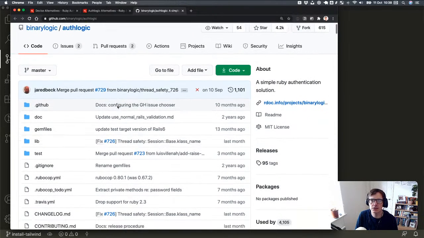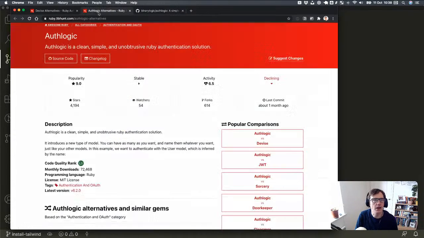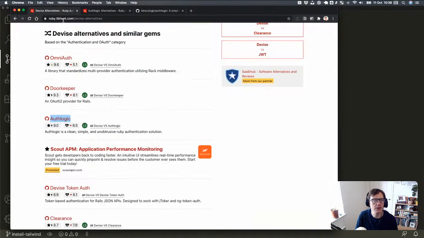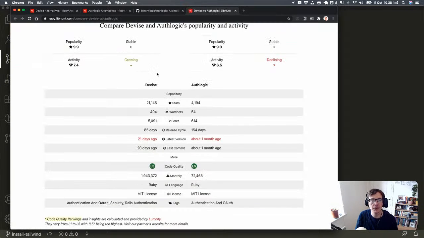Simple authentication solution. Oh, I do like these stats here, and also, sorry to keep jumping around, but you can actually click on this little comparison thing. I've never used this site before, and I don't know how great these metrics are for the popularity of a repo. There are lots of Ruby gems that just exist for a long time, and it doesn't matter that they're not updated regularly because they just work as they are, and as long as they get security updates, they're fine for day-to-day use. So latest version, last commit, code quality, I assume that's using